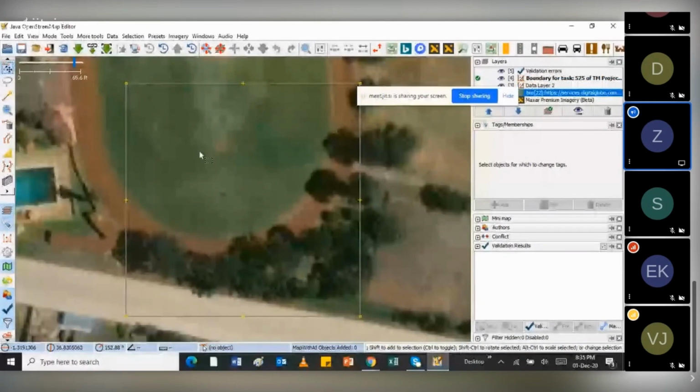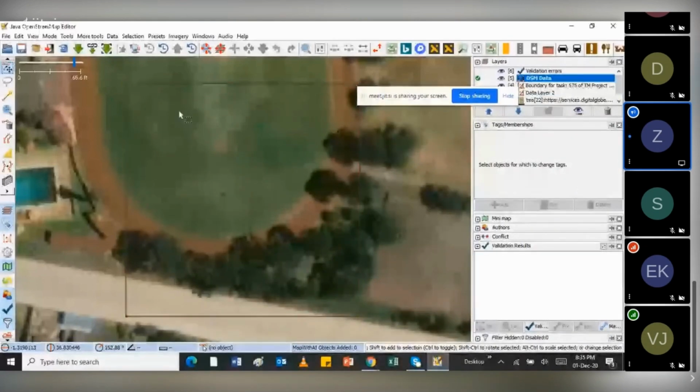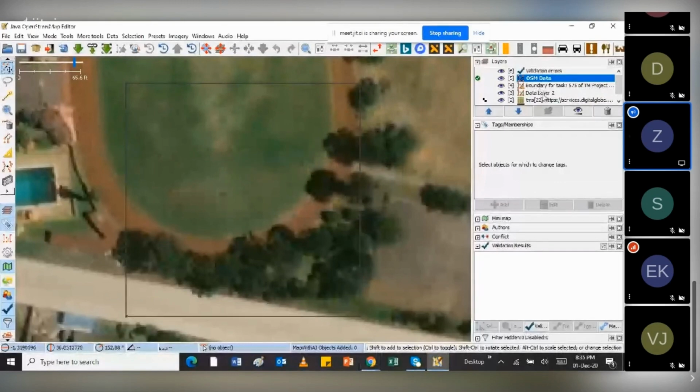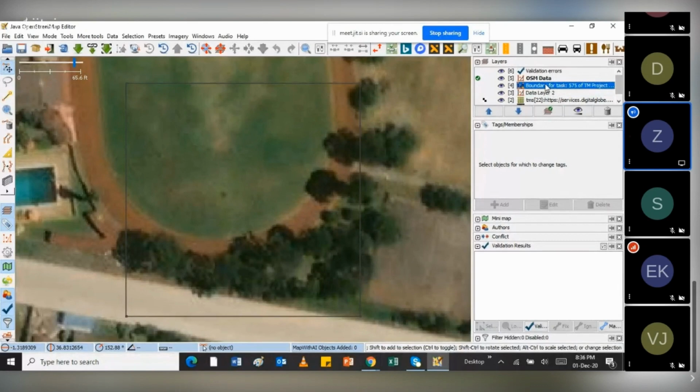A square will appear here, meaning this is the area that is required. So you can see the square is here.